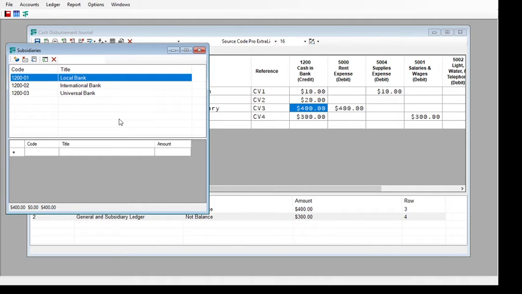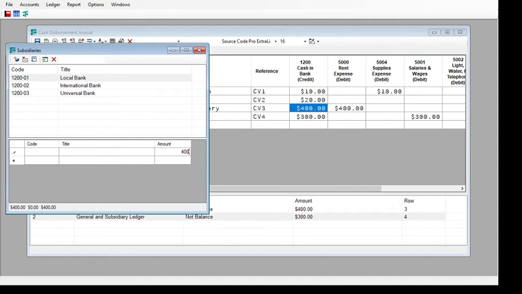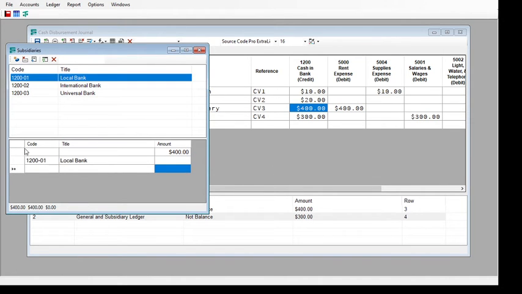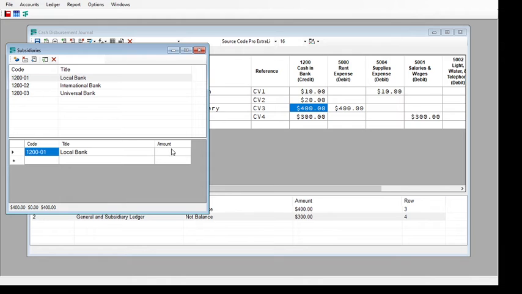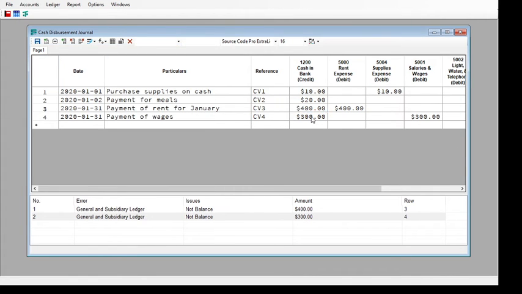In this transaction, I just need the local bank, so I will use the same amount as the subsidiary as the general ledger. I am done. Oh, I need to select it. I will delete this one. 400. I'm done. And then for the cash in bank, for the payment of the salaries and wages,